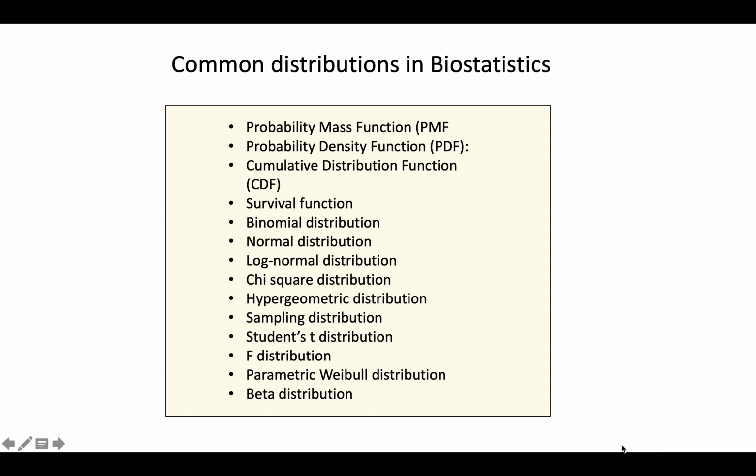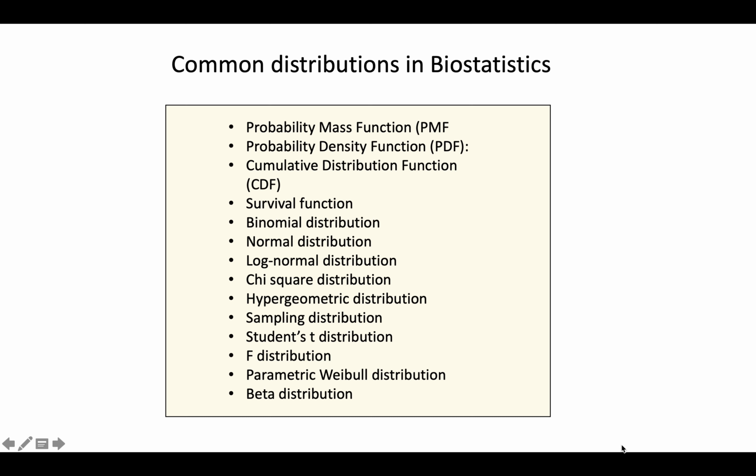Before talking about distributions, I would like to talk about 4 important functions in biostatistics, which are the probability mass function, the probability density function, the cumulative distribution function, and the survival function. So I will talk very quickly about all the, as I say, the most common distributions, including the